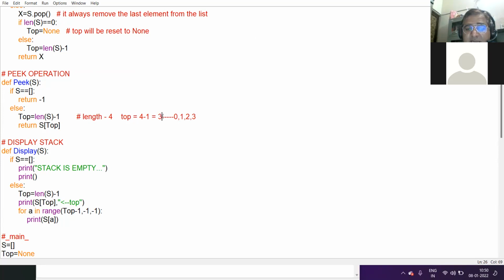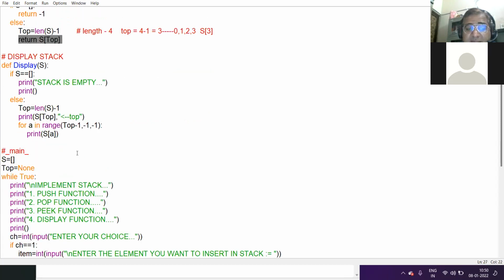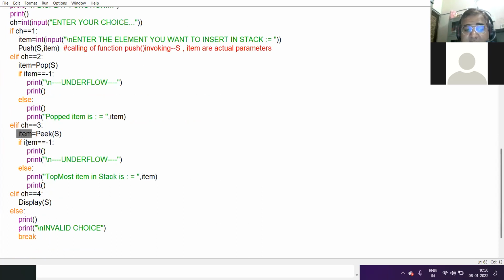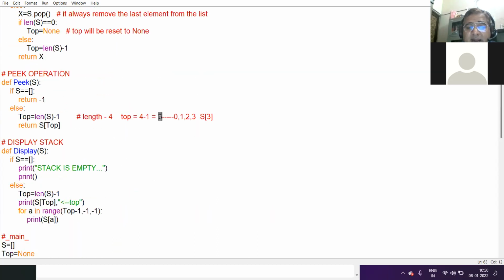Top is 3. Whatever is lying on s of 3, that will be the value at the top. Return that value and it will come and store here in the variable item. And suppose the element which is lying at index 3 is 22.